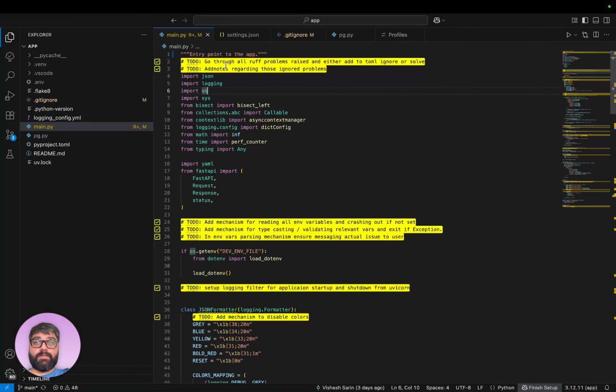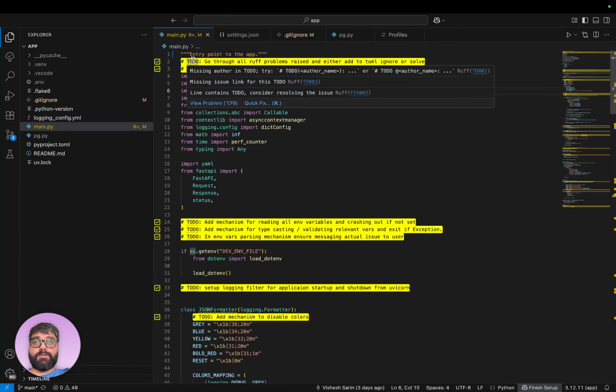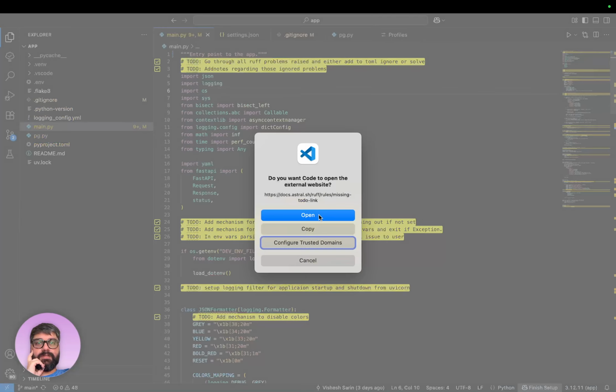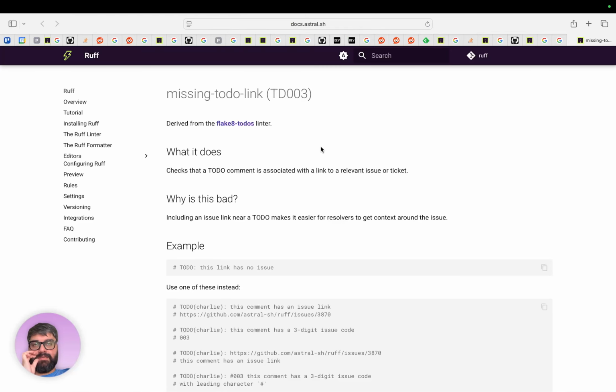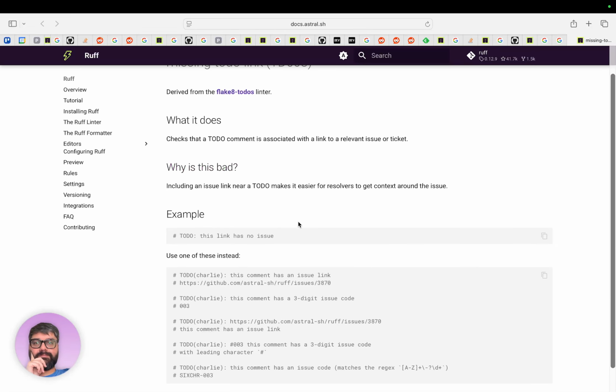So, anyways, there's a problem here with the to-do. There's multiple. So one is I don't put an author name for any of them, right? Which is kind of important eventually when other people are working on this, but as of right now, it's not important. So I'm probably going to suppress that one. Missing issue link for this. I'm just going to actually look this one up because the author name is obvious, but issue link, do they mean like linking to your job board or whatever?